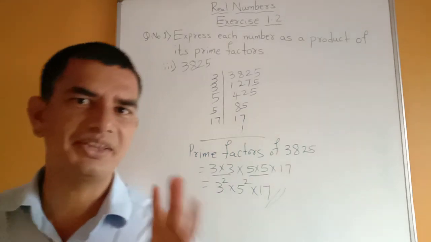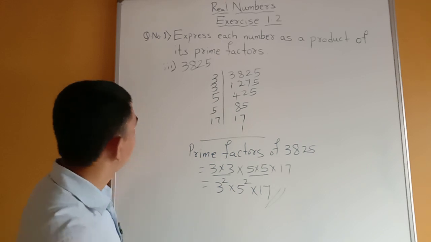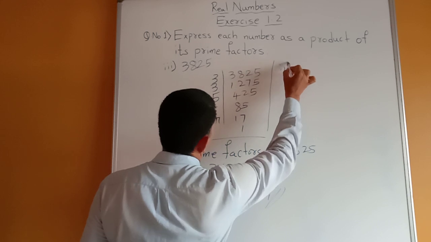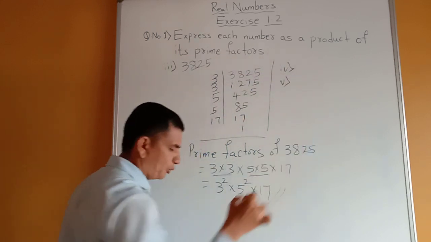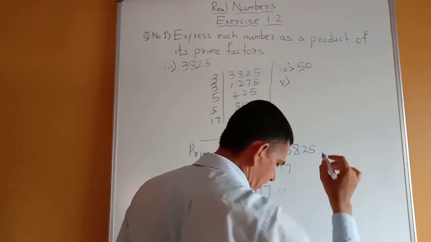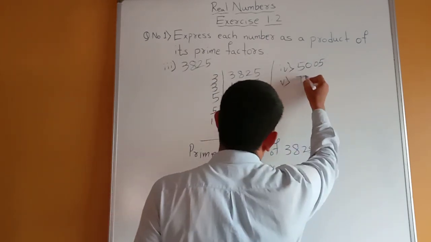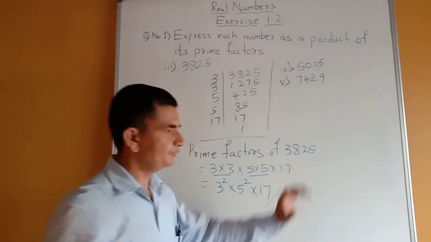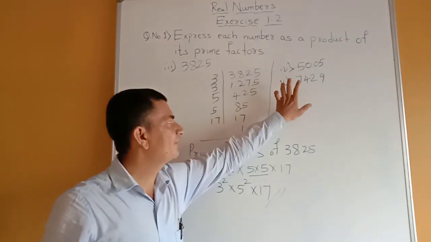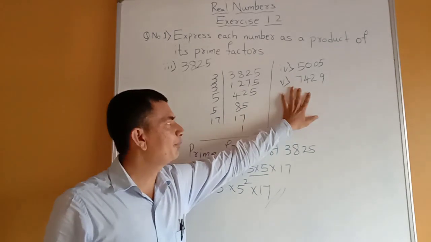Okay, friends, I think it is understood to you. And in that, 2 more questions are there. Just I am going to write here the questions 4th and 5th to practice you. I think the question is 5005 and 7429. Listen, students, how I explained you first, second and third, the 4th and 5th I am giving to you to practice at home. I think you will practice.